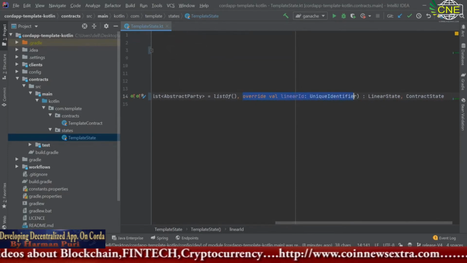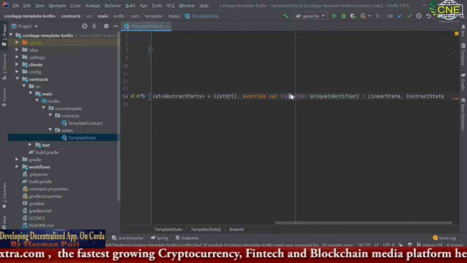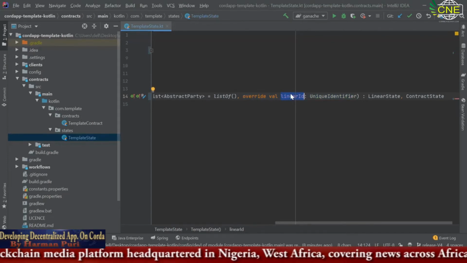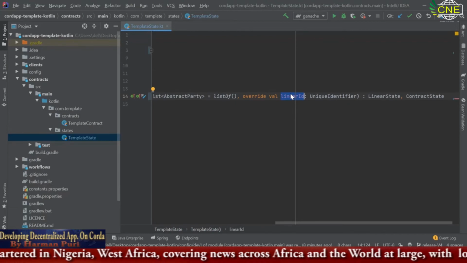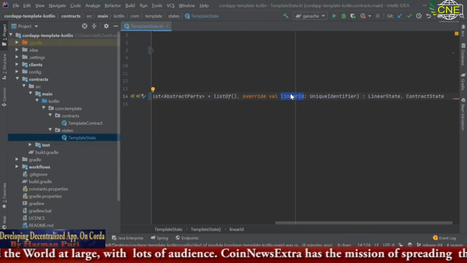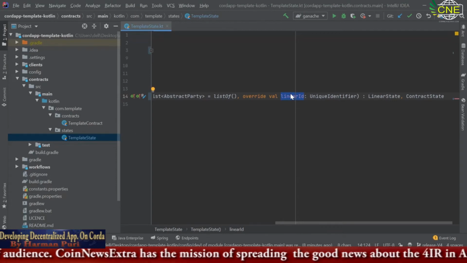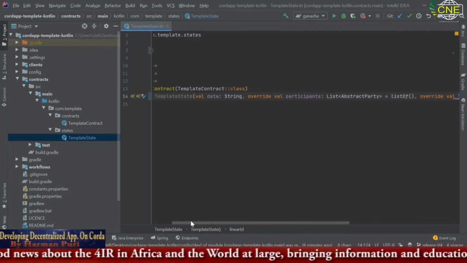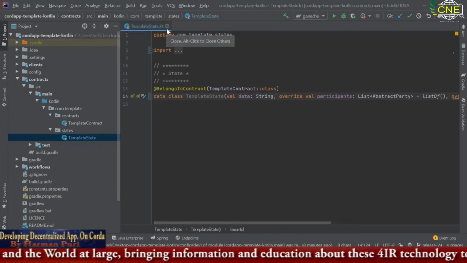So a variable linear ID is very essential. This linear ID will represent the current state as well as act as a traceable ID to all the earlier states. Okay, so we will get into this in the later lectures too.